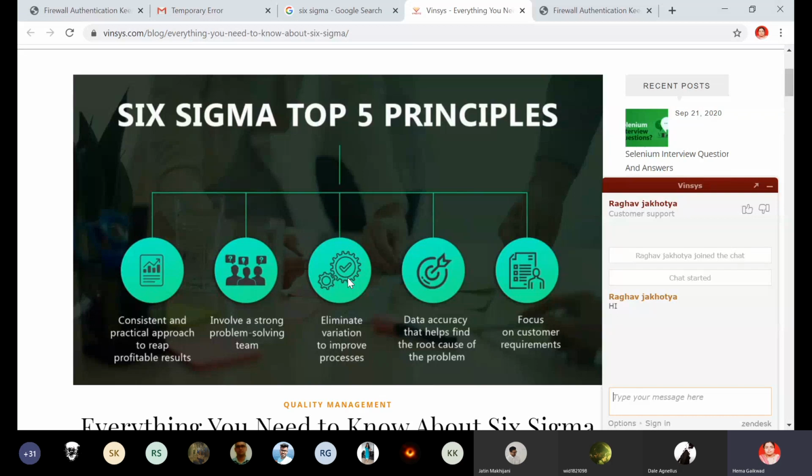But the difference is we can document the requirement in different ways. The first is the BRD document. As the name indicates, business requirement document, in this document we will first prepare the use case diagram, and based on each use case we will document the requirement accordingly. Clear? This is the objective of the BRD document.